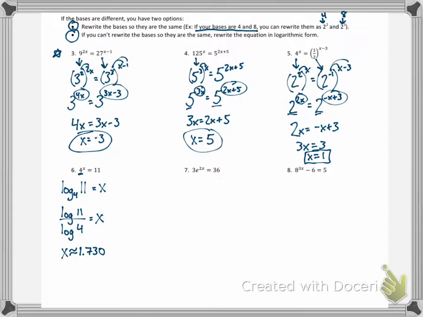1.730 is what this would round to. Now again, since you're getting these gross decimal answers, you may not be so sure if they're right. Go back to the original problem and plug it in. So if you go 4 to the 1.730 power,